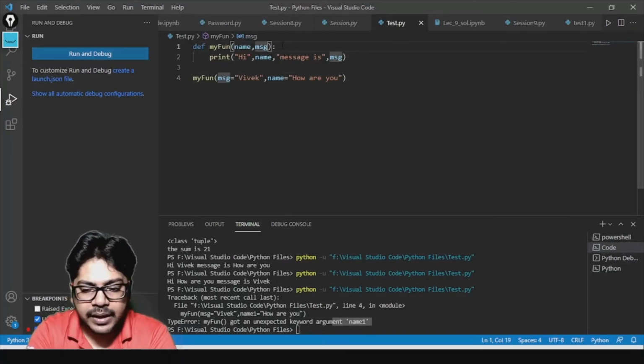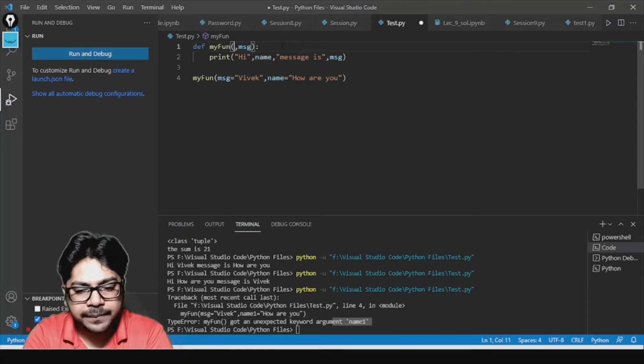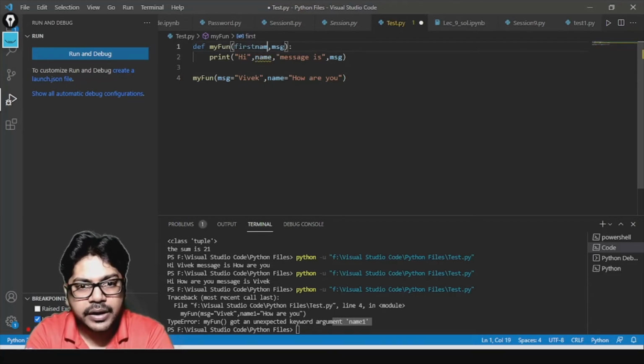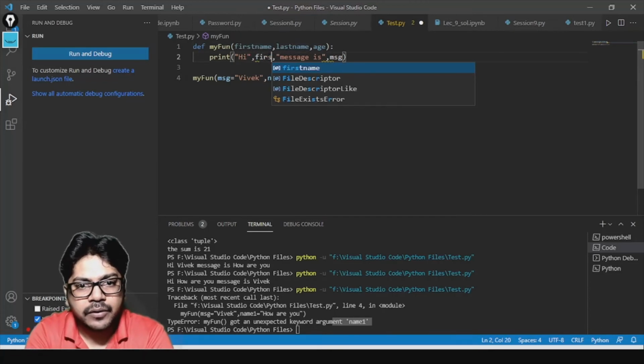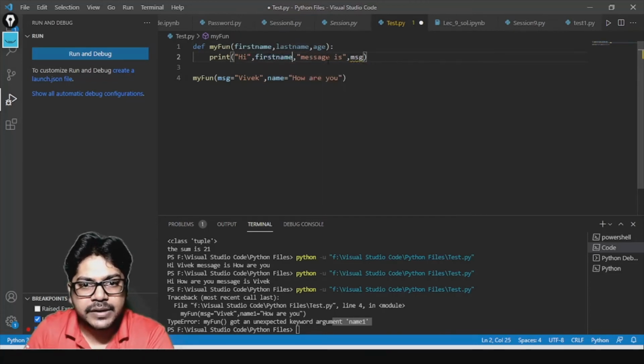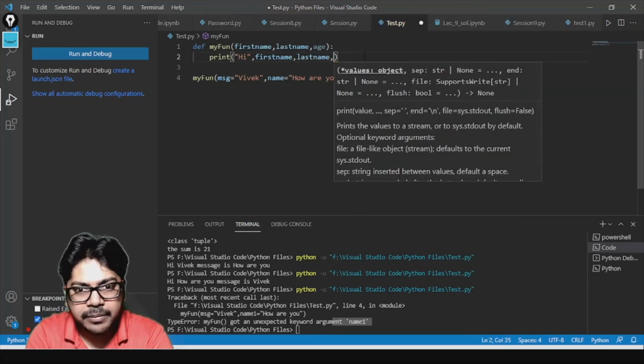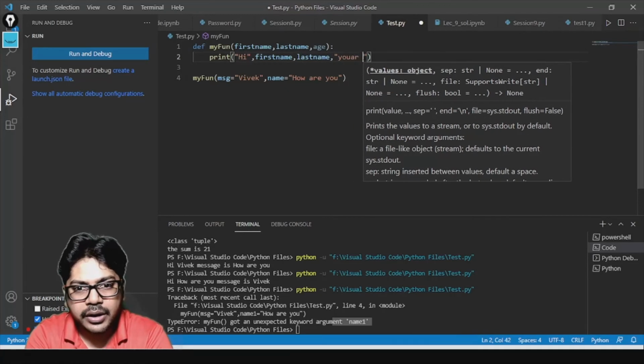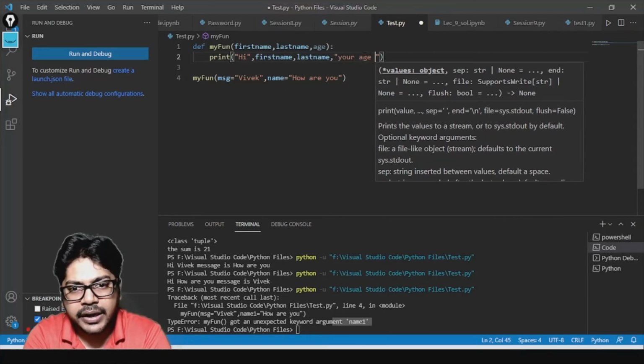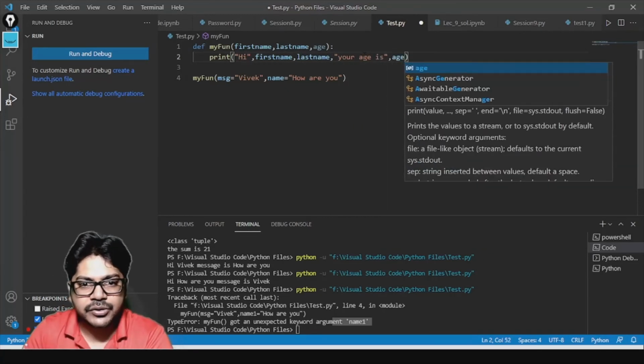Let's have first name, comma, last name, comma, and a variable called age. Here we print hi, first name, last name, and then a message, your age is, and then age.